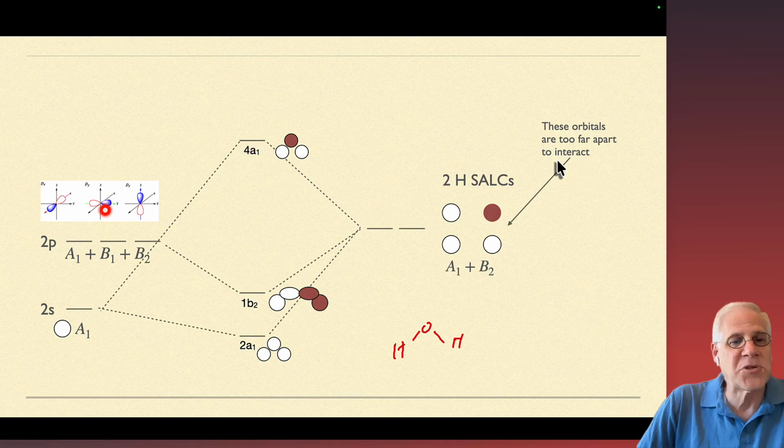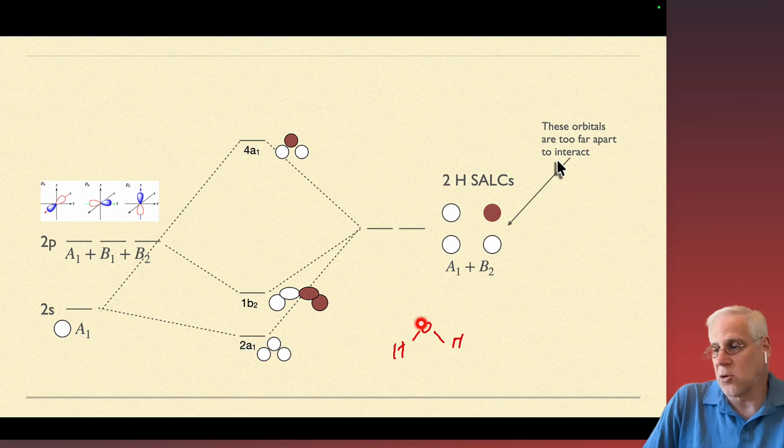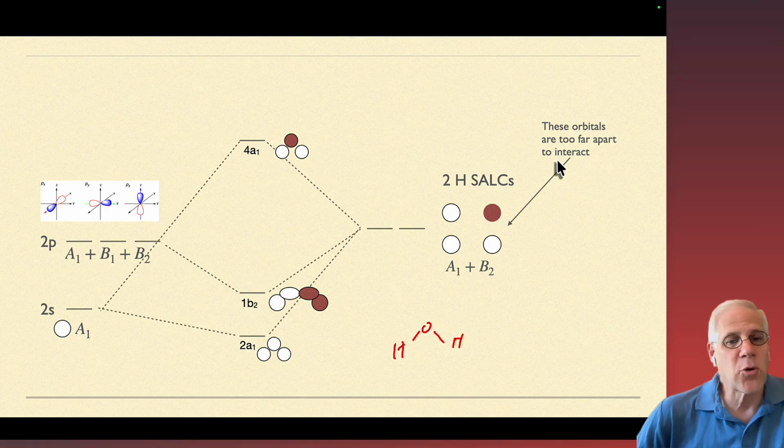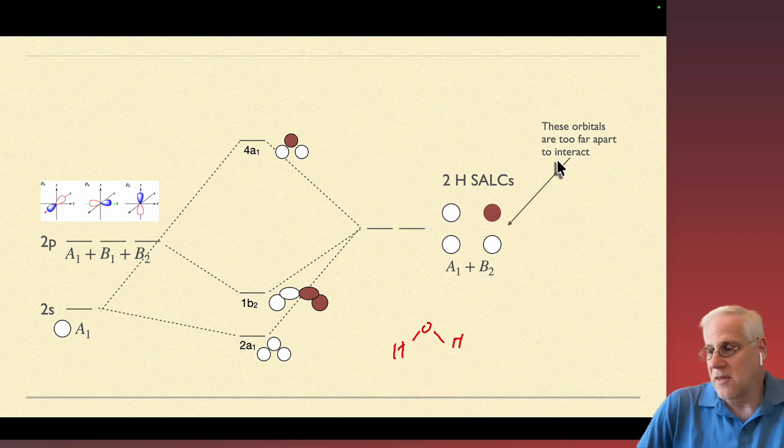And so that's our B2 symmetry, and we see it's got a dark one and a light one, so we'll overlap the dark and the light between the p orbital on the oxygen and the SALCs of the hydrogens. And so we have a nice bond right there, we have a nice bond right there, and because we have bonding interactions, we're going to drop in energy there. And this molecular orbital also has a B2